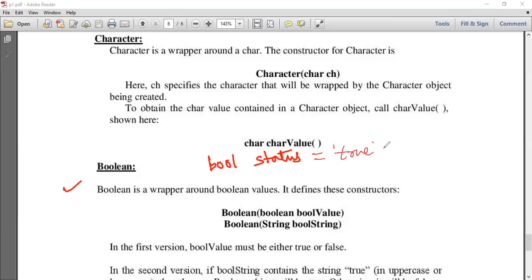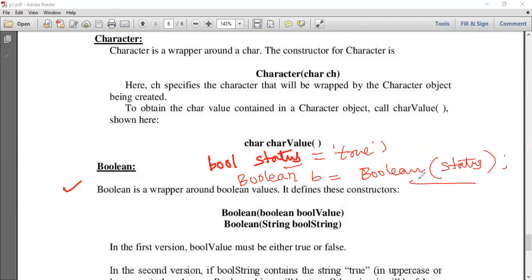So this is a Boolean value. Now if we want to wrap it, then we have to use the wrapper class Boolean: Boolean b is equal to Boolean of this particular variable, which will appear over here like this.